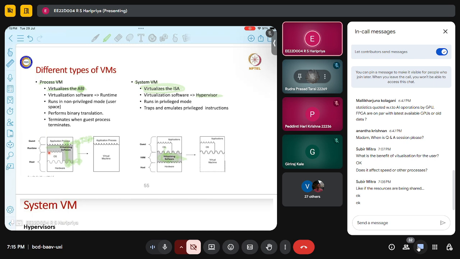Now what the virtualization software is doing is that whenever the OS issues a privileged instruction, it takes that instruction, emulates it on the underlying hardware, and then returns the calls to the operating system. There will be some hardware resources used because of the emulation, but the important thing is that the operating system is completely unaware of the underlying hardware interface.